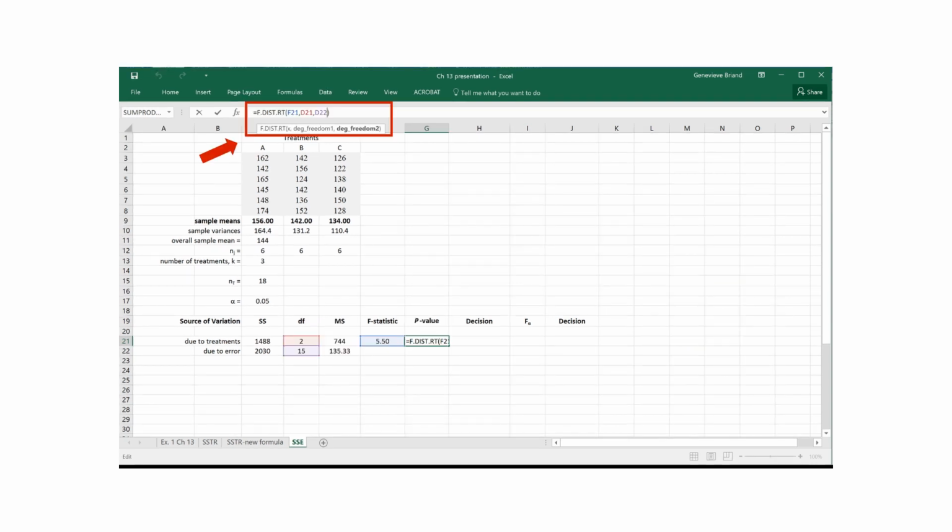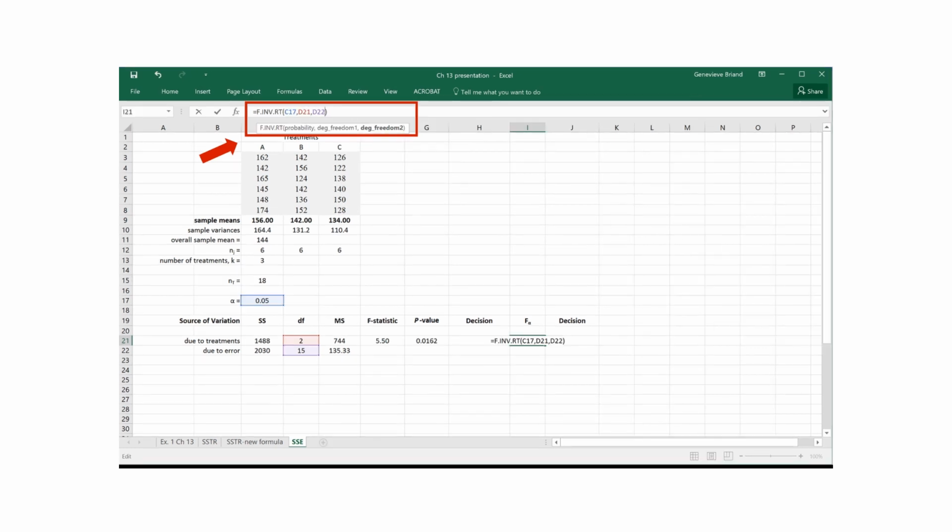We've worked with an F distribution before, back in chapter 11. So here, because the logic of our test is to reject a null hypothesis for large values of our test statistic, we're looking at an upper tail test. So we use the F.DIST.RT Excel function to find our p-value, and the inverse equivalent to find our F critical values. No changes with the decision rules. If our p-value is less than our alpha level of significance, we reject a null hypothesis. And here with our upper tail test, if our F statistic is greater than our F critical value, we reject